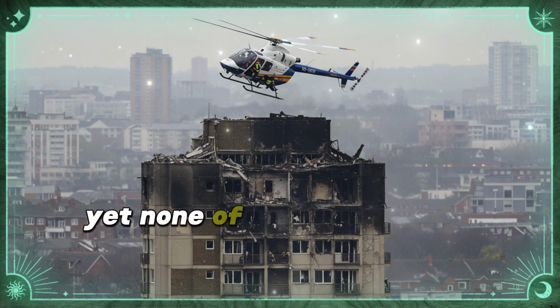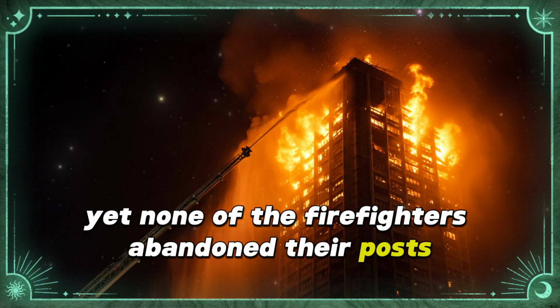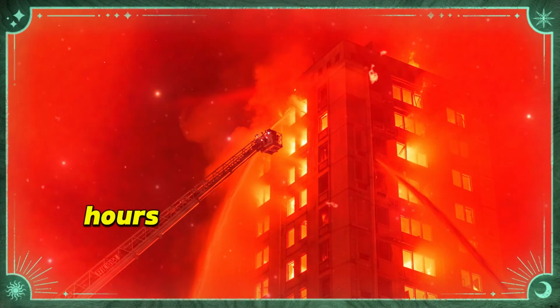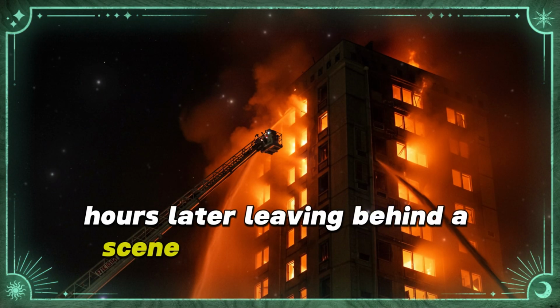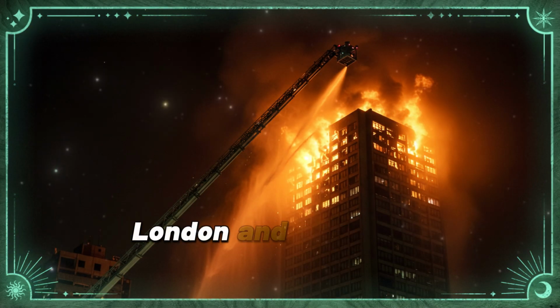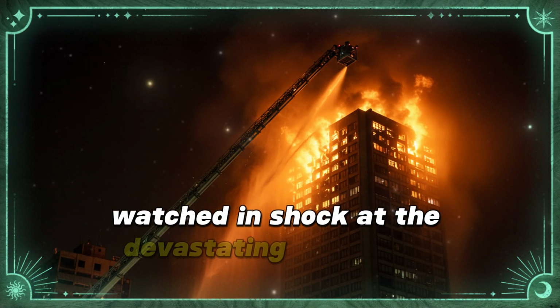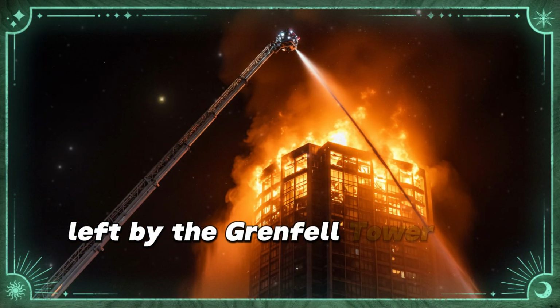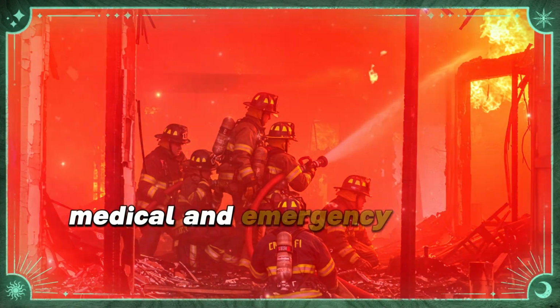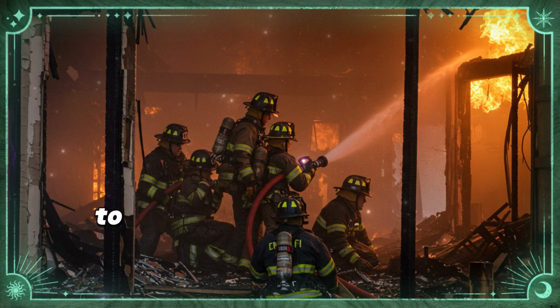Yet, none of the firefighters abandoned their posts, continuing to work tirelessly until the flames were finally contained hours later, leaving behind a scene of total destruction. In the days following the fire, London and the world watched in shock at the devastating aftermath left by the Grenfell Tower fire. In the early hours after the fire, medical and emergency teams worked tirelessly to identify the injured